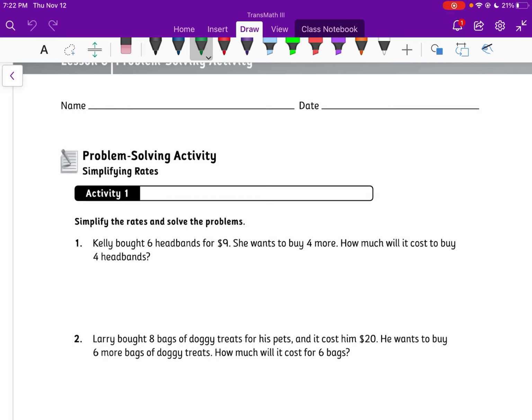Kelly bought 6 headbands for $9. Okay, so when we're comparing these two things, we're talking number of headbands